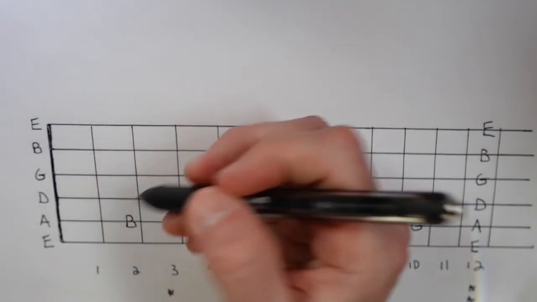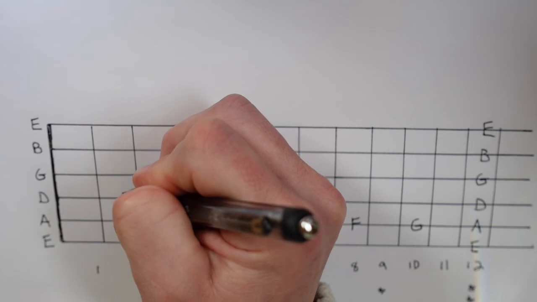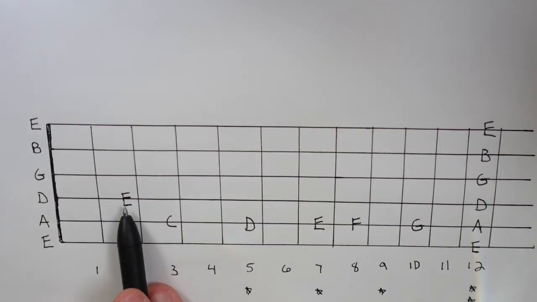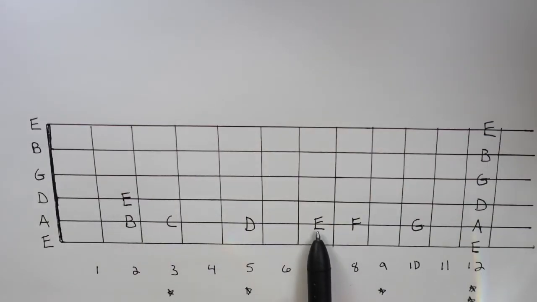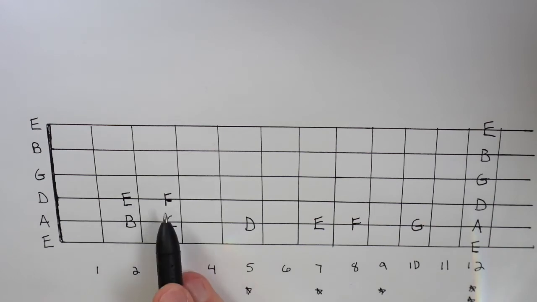Okay, so on D fret 2, we have an E note, you see, which is the same exact pitch as this one over here. Okay, and then on fret 3 of the D, we have an F, which of course is the same as